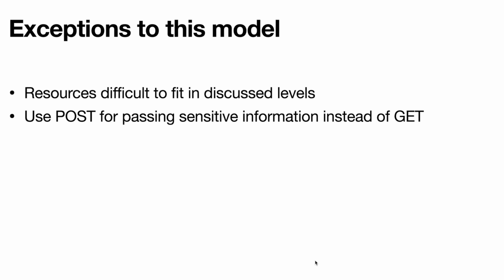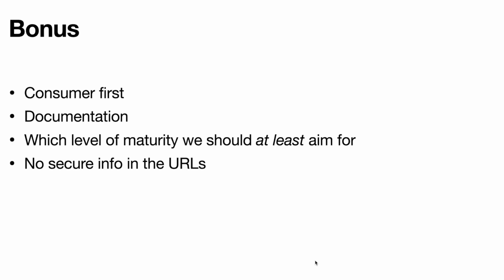Oh, wait, a couple of things to discuss before we say goodbye. We have discussed the levels of Richardson maturity model, but there are a few things which we should discuss before we say goodbye. When we build our service, we should think from the consumer perspective as well. We may build an awesome API, but it's of no use if the consumer can't use it with ease. We also need to focus on the documentation of the API. Swagger is one of the best things we can use to expose the API, which the consumer can try and